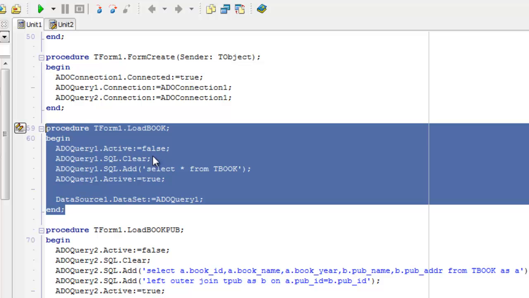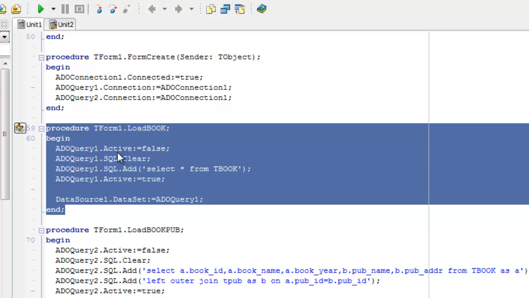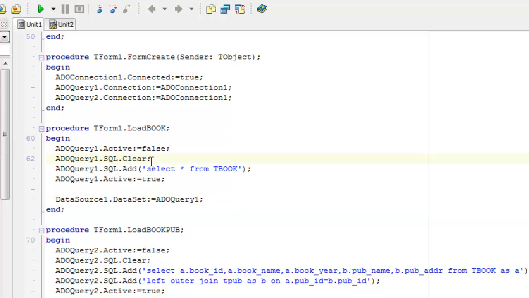Loadbook procedure. First, in this code I deactivate ADOQuery1, then I clear the SQL statement from the ADOQuery, and then I add the new SQL query: select all from book, and then I activate the ADOQuery again.